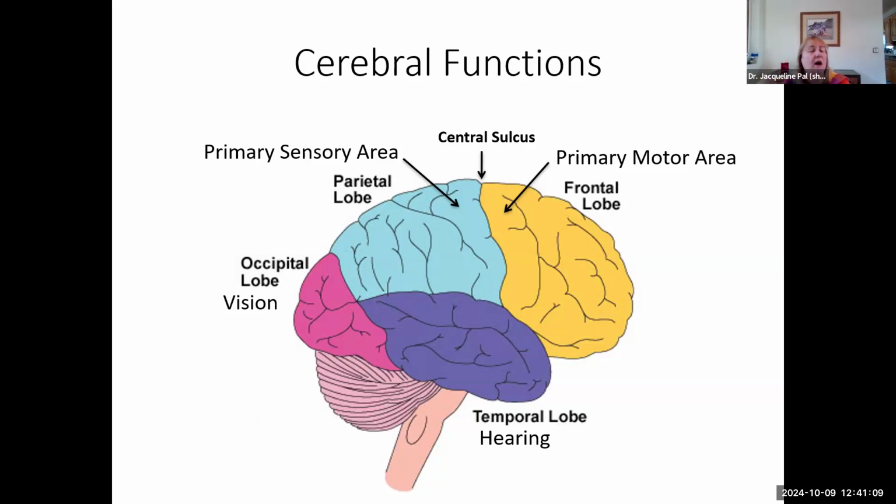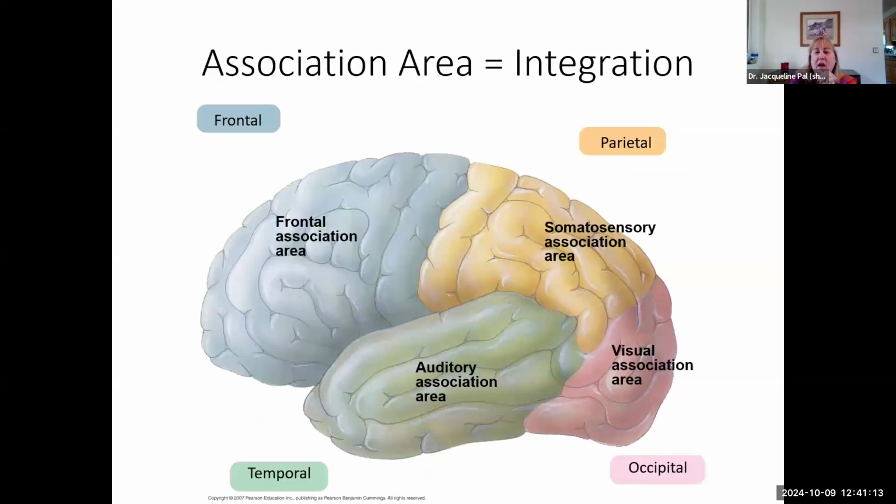But it's a little bit more complicated than that. We have what we call association areas because we need to have some integration. It's just not one sensory neuron coming in and one motor neuron going out. We are going to have interneurons going in. So let's start with the temporal lobe, where we know we have